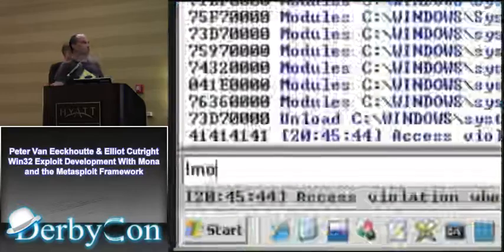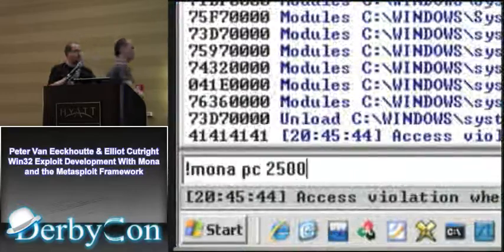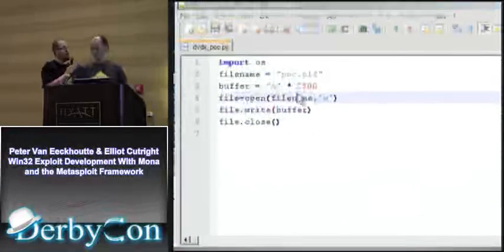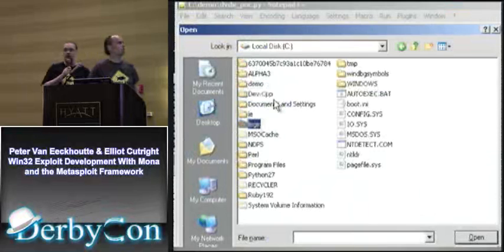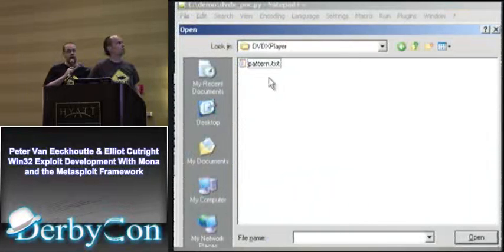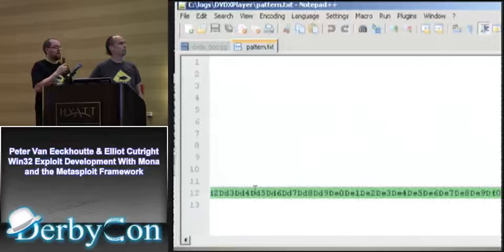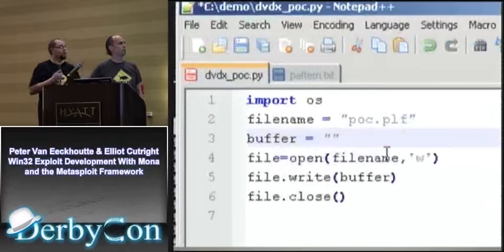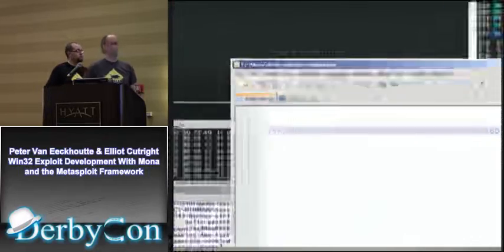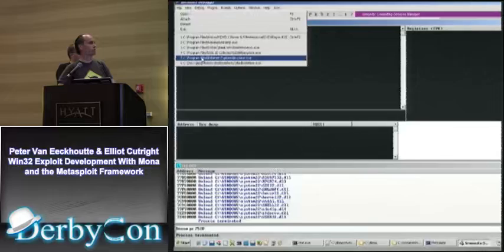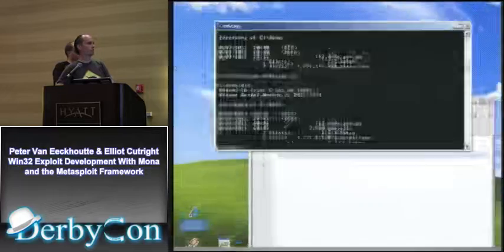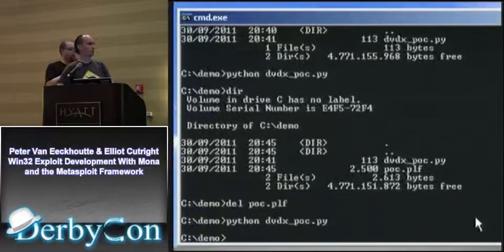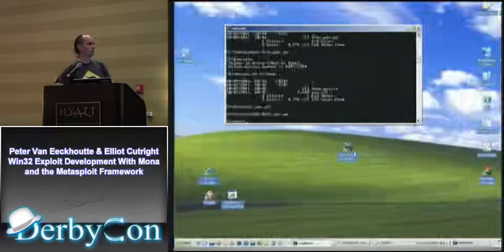So now we need to have Mona take that file, create our pattern. Mona outputs everything into that log file. You will see it in the log area under Immunity, but it truncates it, so be careful. Don't trust it wholly. So it's going to be easier for us at this point to just put the pattern into the Python file and fire that off. Because with Mona Suggest, she'll take that and build out the proof of